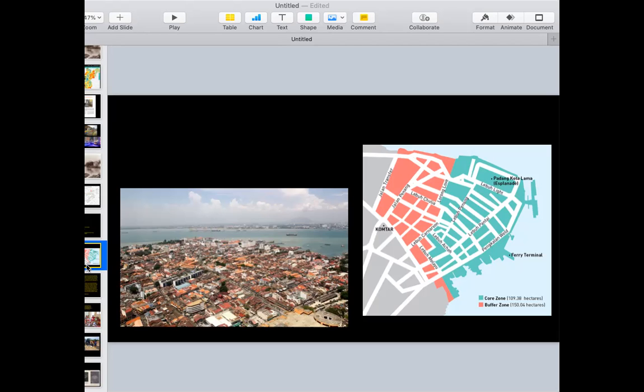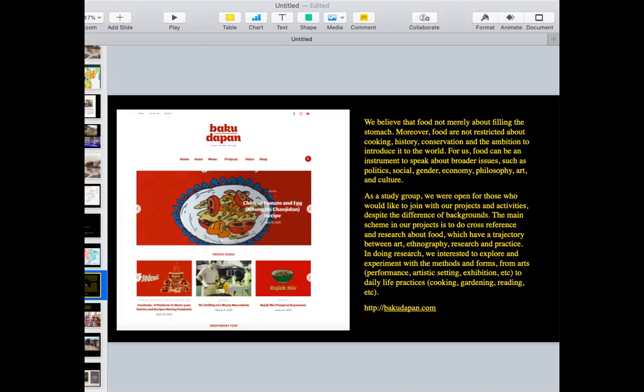Okay? So according to this, I'm going to give you a few more examples of where we can push how we think about heritage practice from various political dimensions. So take, for example, the Baku Dapan. It's a food studies collective in Yogyakarta. They believe that food is not merely about filling the stomach. And they're a study group